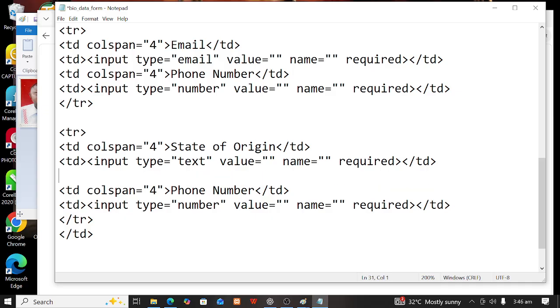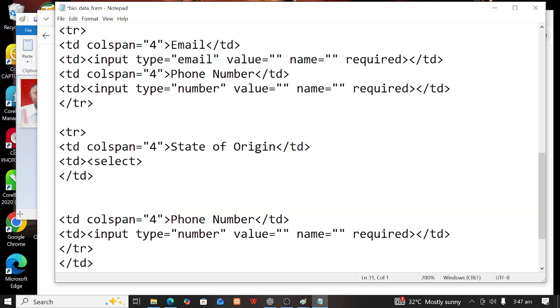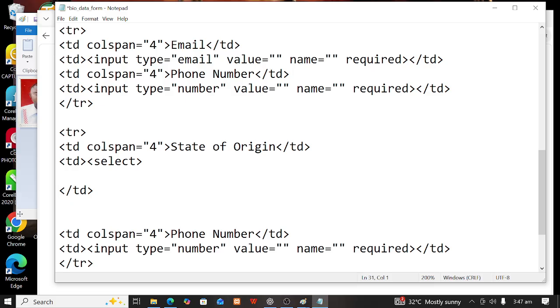So in doing this, I'll push this one down so I can have a little space. So at this point, I'm going to do away with this and indicate what? Select. Indicate select. After indicate select, then I'm going to have an option, then I'll have value inside. Then I'll state the value to be what? Select. Or you can use choose. Then you can put select here, and then